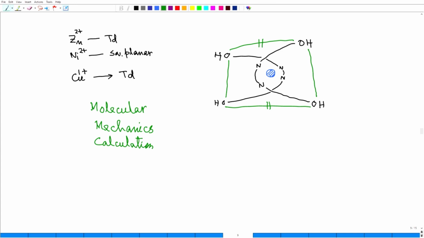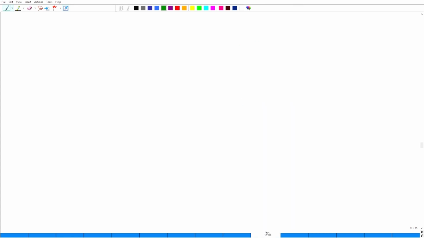So, after all these cartoons and all that, let me now start on the actual compound that was used. Okay. So, here I will write a phenanthroline